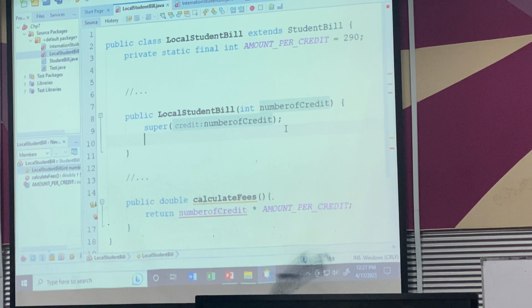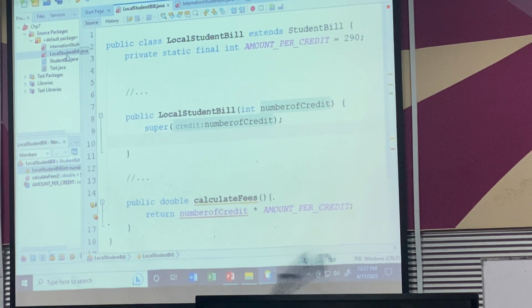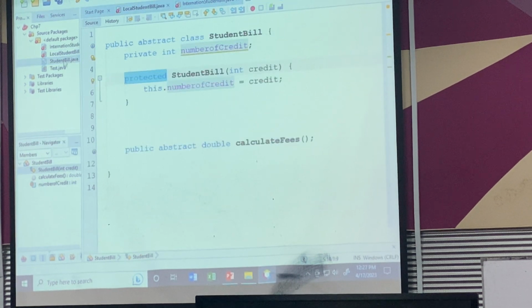See this one? You get it? Okay, so of course in here you can have a setter and getter to get the numbers. So for easier access, I am going to make this one protected. Okay, just to let you know,